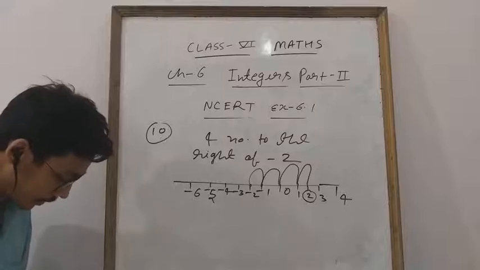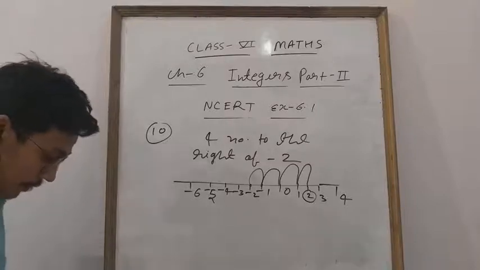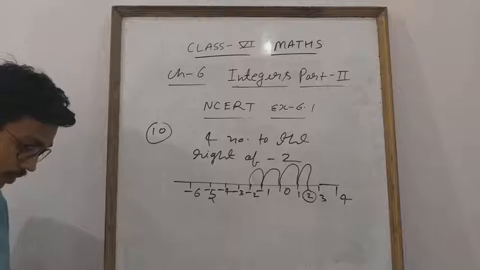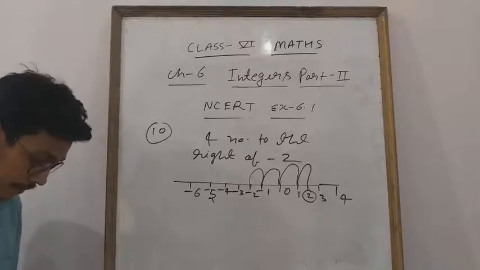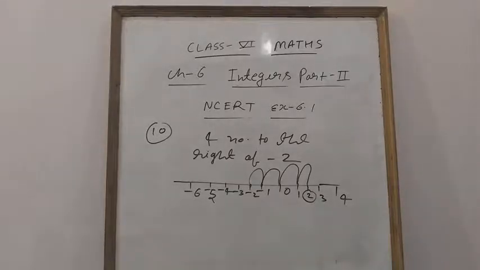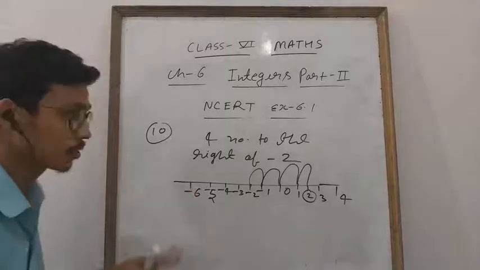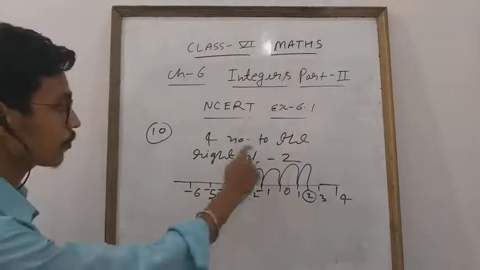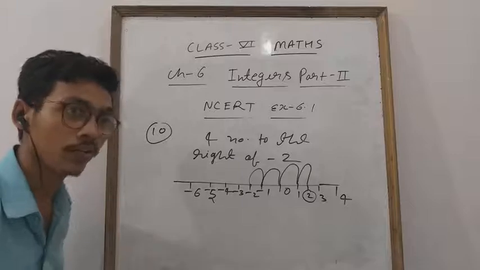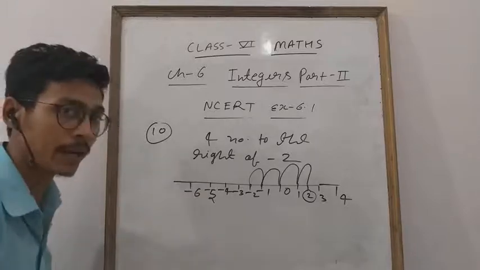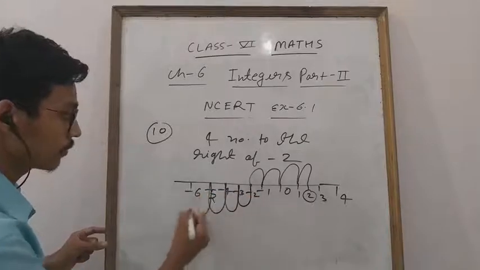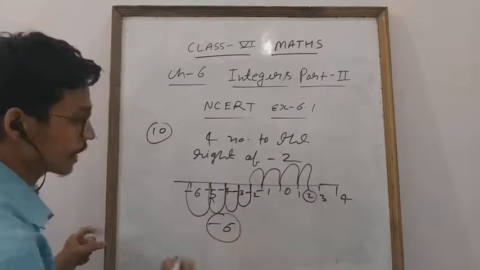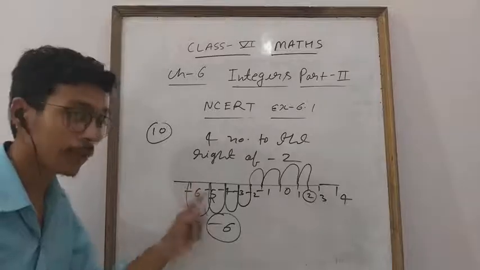Clear, everyone? Okay. So now I am going to move to exercise 6.2. What is given in 6.2? Exercise 6.2 is also very easy. You have to do it with the help of the number line. Now I explain this one. If in this question it was given 4 numbers to the left of minus 2, then from minus 2, 4 to the left, you will go 1, 2, 3, 4. Then in this case our answer is minus 6. So I have explained both things. You will apply them in the questions.